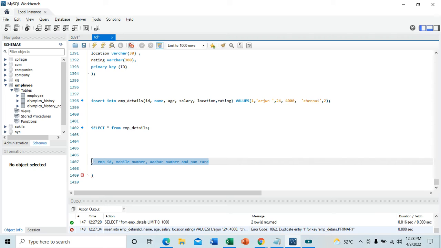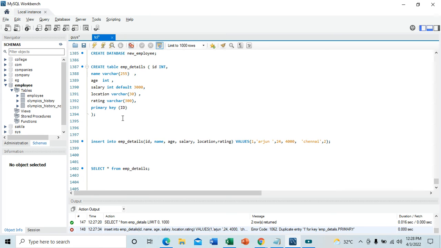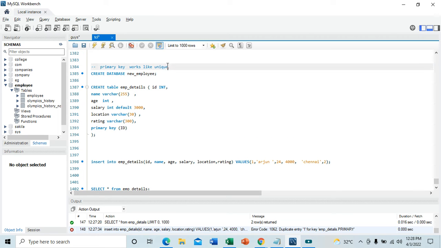So note this point and think from a database perspective and you will easily understand. Okay, let's just go back to this topic. Then let's see foreign key, how foreign key works. Foreign key,